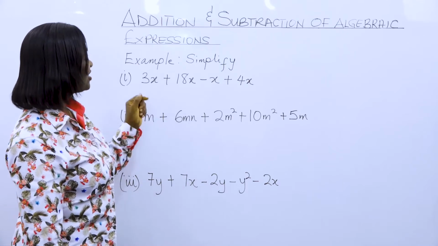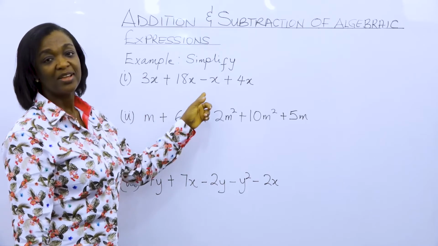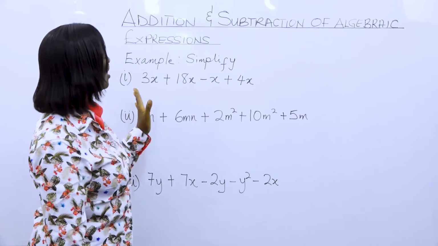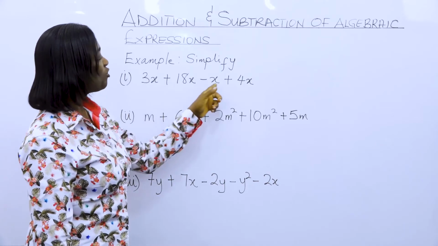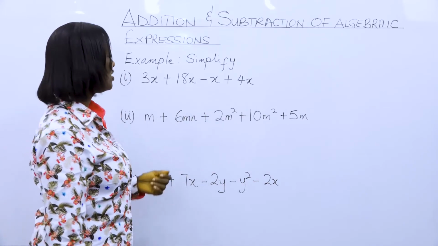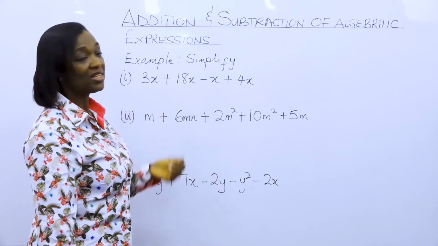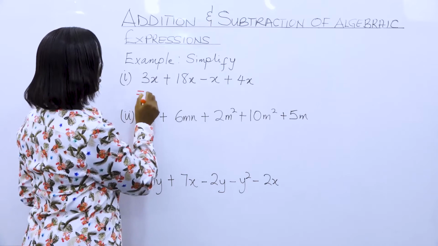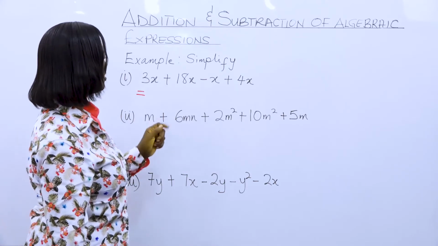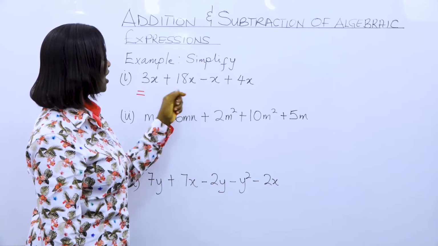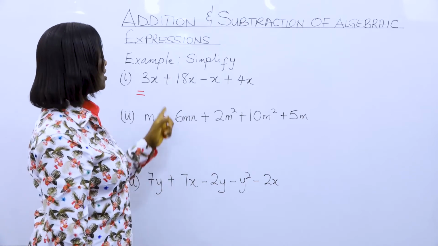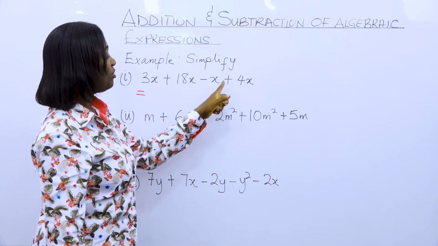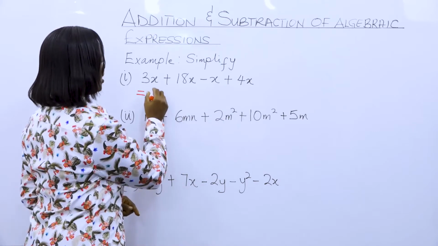Simplify 3x plus 18x minus x plus 4x. Again, there are 1, 2, 3, 4 terms in this expression, and the 4 terms are terms in x, so they are all like terms. So we simply add or subtract as required. So 3x plus 18x is 21x. 21x minus x is 20x plus 4x. So the total is